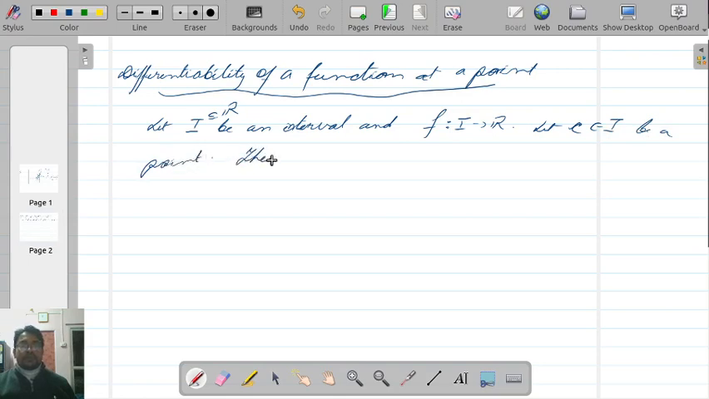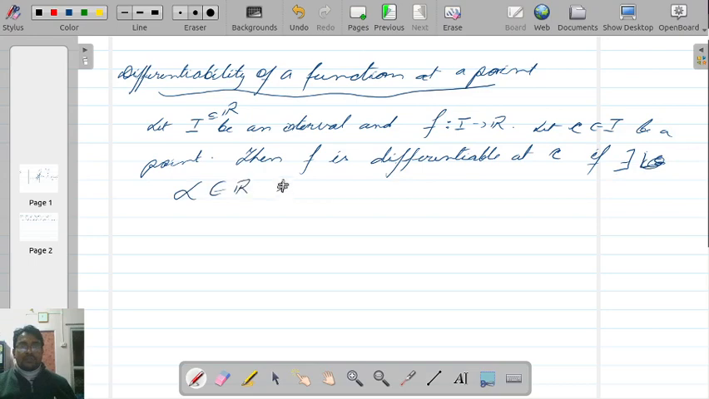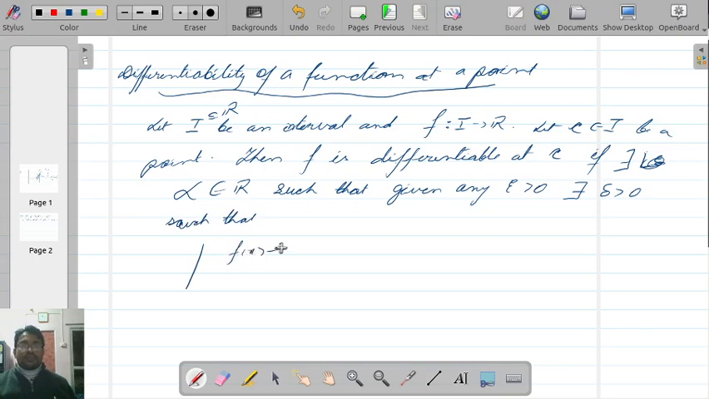Then f is differentiable at c if there exists some alpha in the real numbers such that given any epsilon greater than 0, there exists a delta greater than 0 such that mod of f of x minus f of c divided by x minus c, minus alpha,